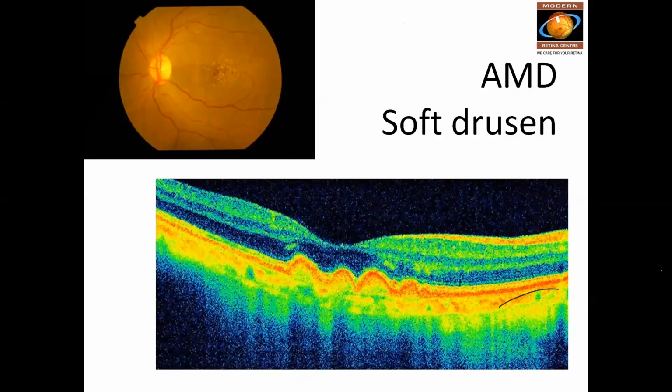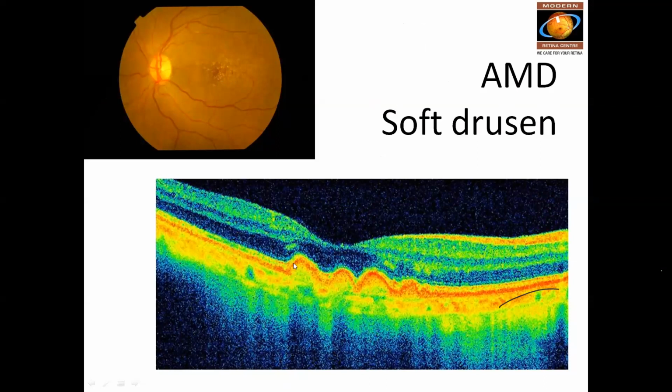Then moving on to the next subset, that is age-related macular degeneration. These are all the conditions where we find fluid at the posterior pole. So in case of dry age-related macular degeneration, as seen here clinically, there are multiple small drusen here. And when you do an OCT, what we see is this picture. The RPE has undulating folds at the fovea, either isolated or continuous like this. These are the drusen.